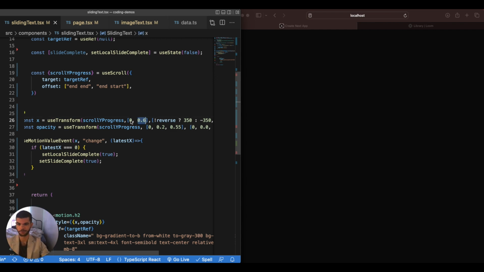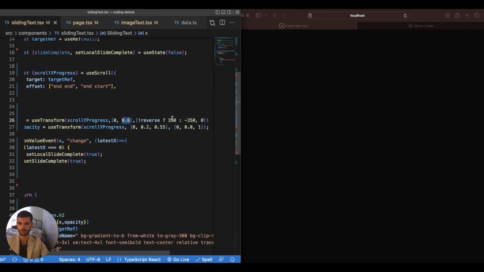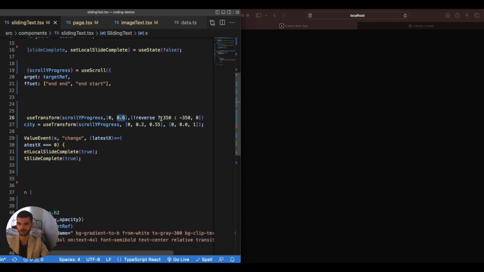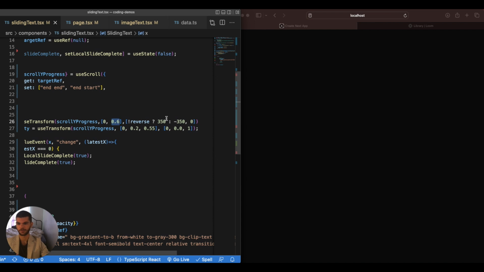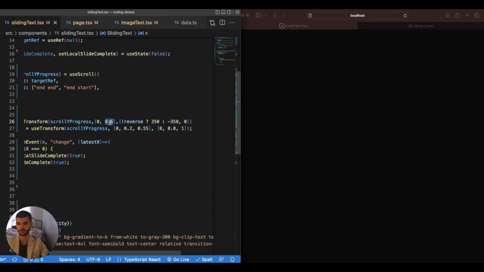And as it goes from 0% to 60% scrolled through, it will start at an offset of 350 in the x direction. And by the time the element gets to 60% to the top of the screen, it will get to 0. And these animations will start when the bottom of the element is at the bottom of the screen, signified by end, and then end start. The element will be fully animated into its final animation states with x0 and opacity 1 by the time the bottom of the element is at the top of the screen, or in our case, 60% to the top of